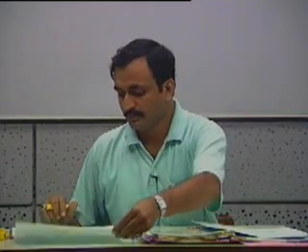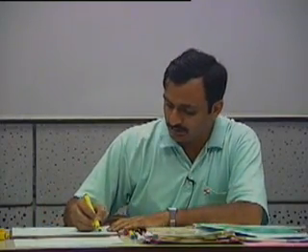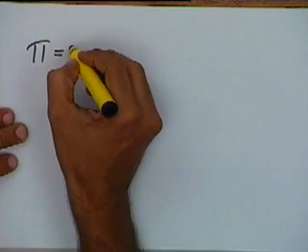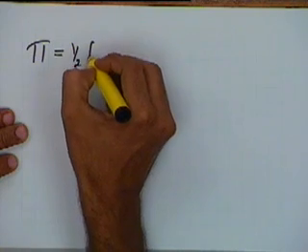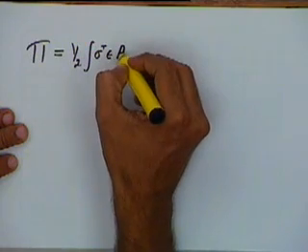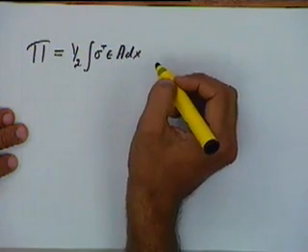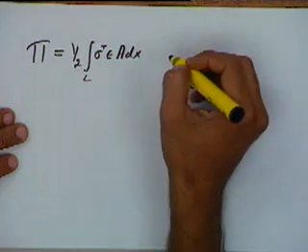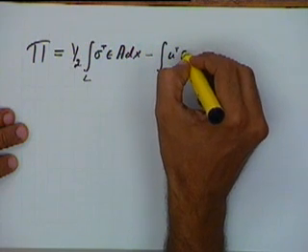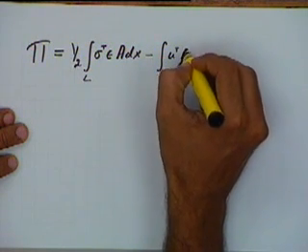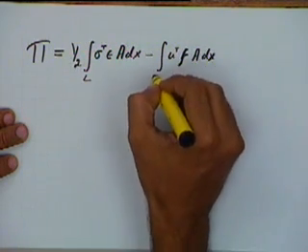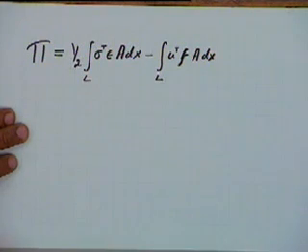In this body, the potential energy expression Pi, the total potential energy, we know is equal to half of the volume integral of sigma transpose epsilon dV. dV will become A times dx, that is the integral along the length, minus integral of u transpose F, that is body forces, into A into dx. Again I am replacing dV by A dx. Again this integral is along the length of the element.